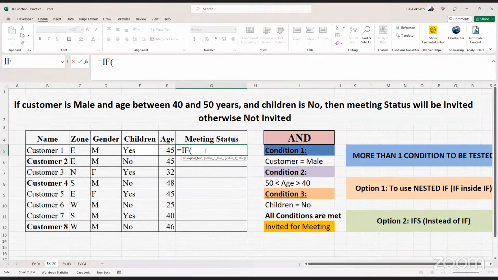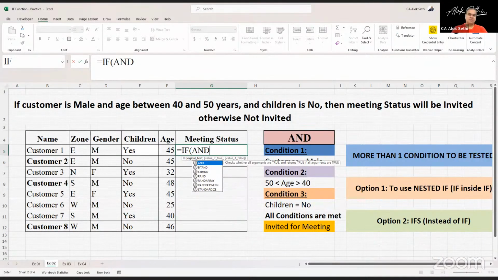एक से ज्यादा लॉजिकल टेस्ट है, तो क्या मैं इफ फंक्शन के अंदर लिख सकता हूं उसको? नहीं लिख सकते ना। अगर एक से ज्यादा लॉजिकल टेस्ट है तो हम इफ फंक्शन के अंदर सीधे नहीं लिख सकते हैं। तो फिर भी लिखना है तो क्या करेंगे? एंड लगाएंगे।